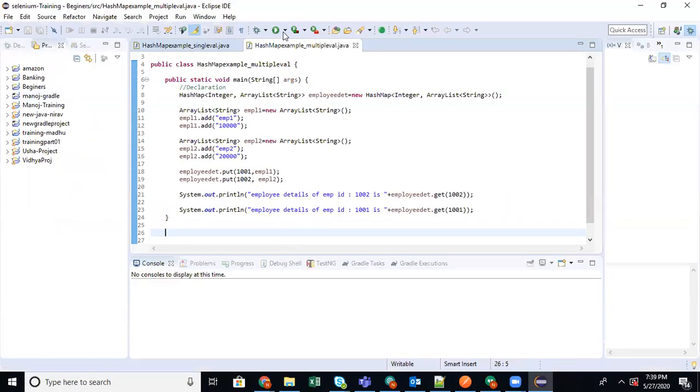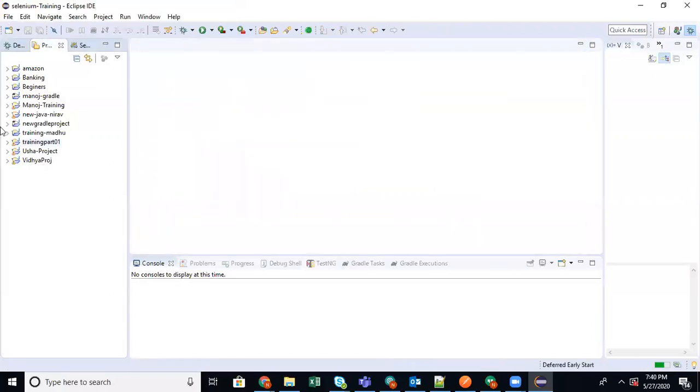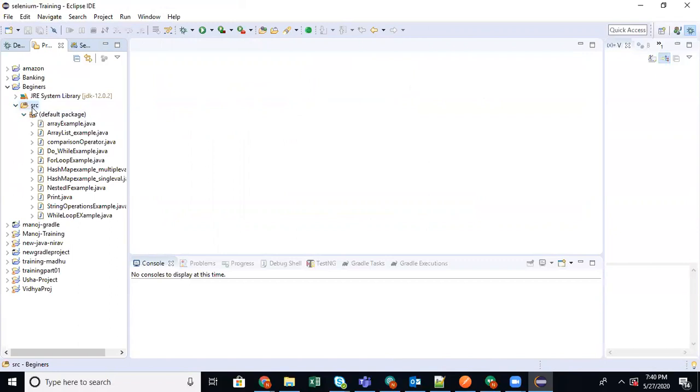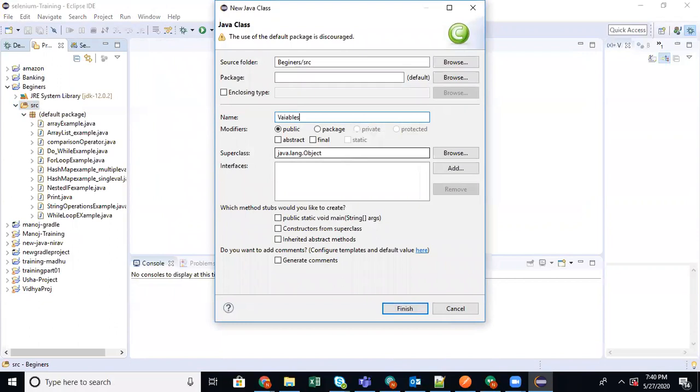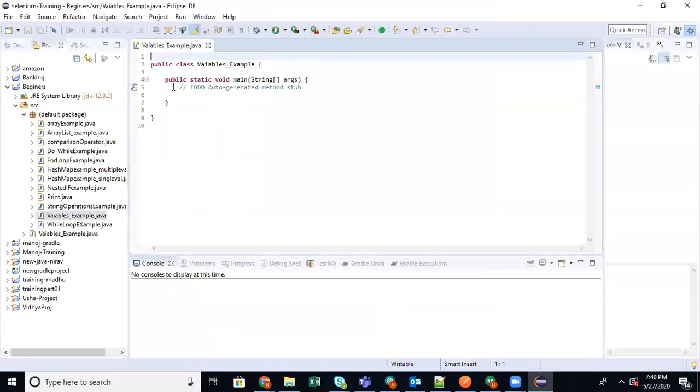Okay, let me create a new class. Now, int A, and I'm trying to print A. So this is a method.